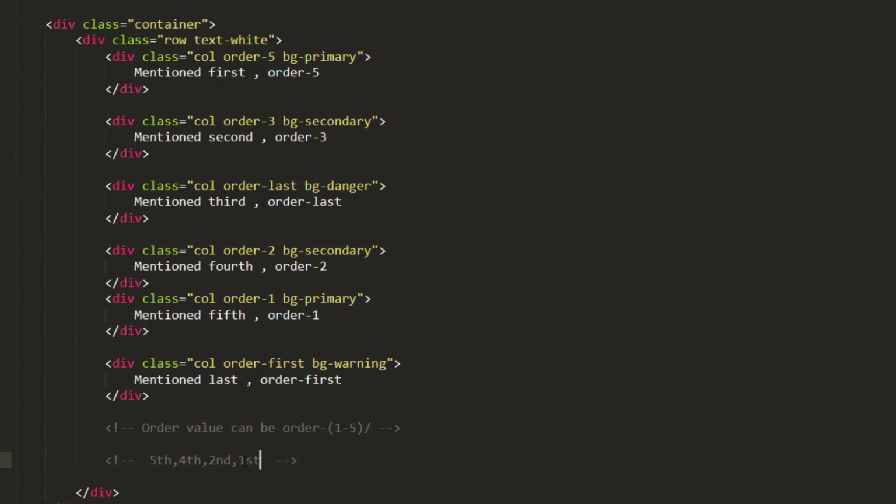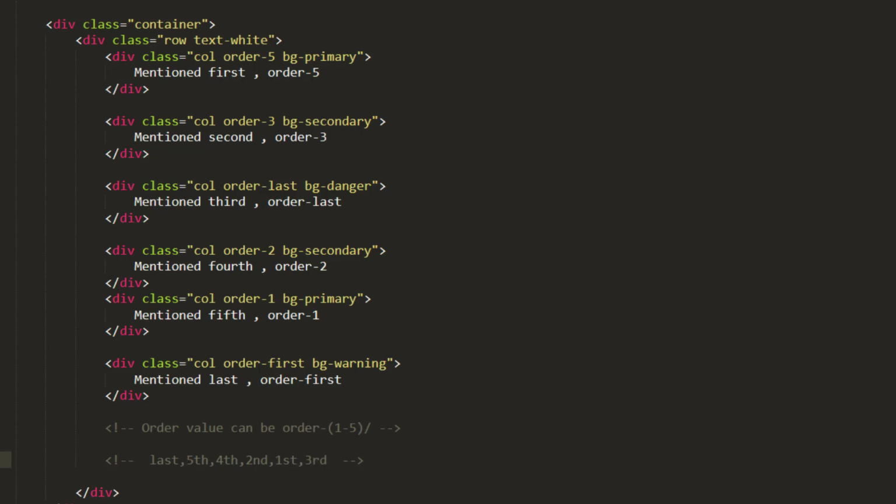Now here we have got 4 columns, right? Now what about order first and order last? Order first will be placed before anything, even before order 1, and order last will be placed at the last, even after order 5. So order first, which is mentioned last, will go first, and at last we will have third. Okay,